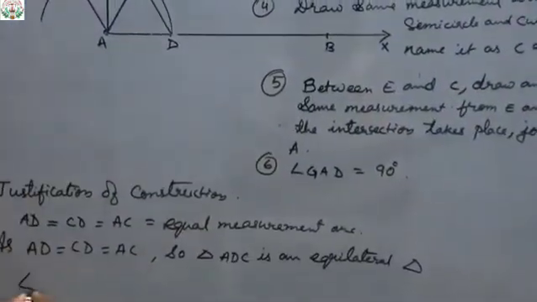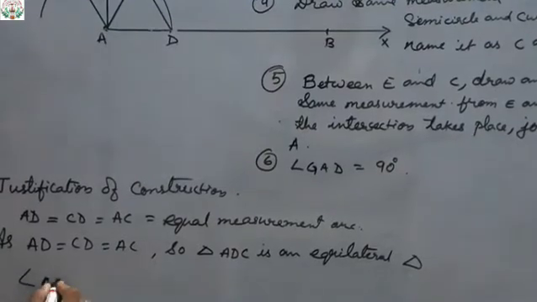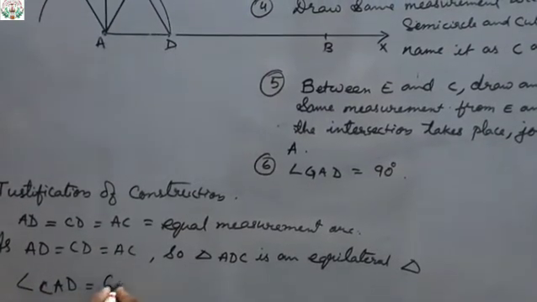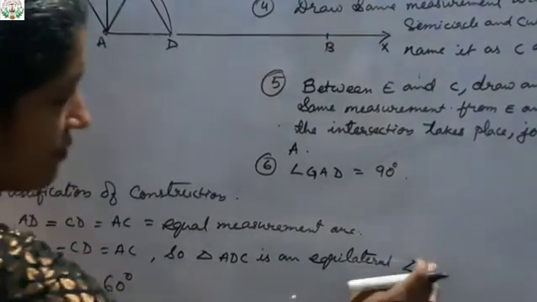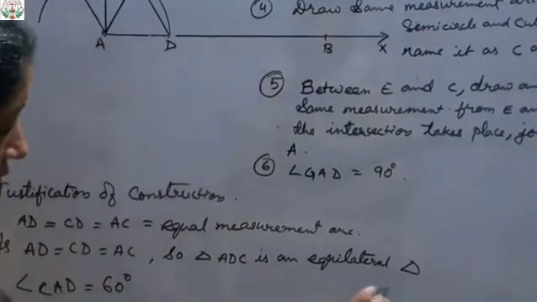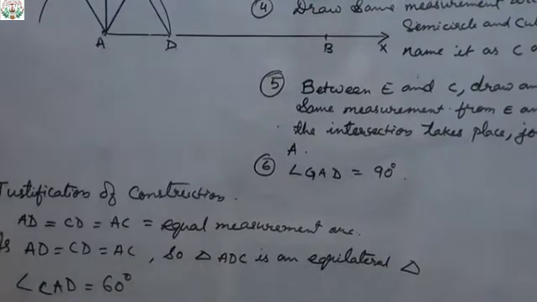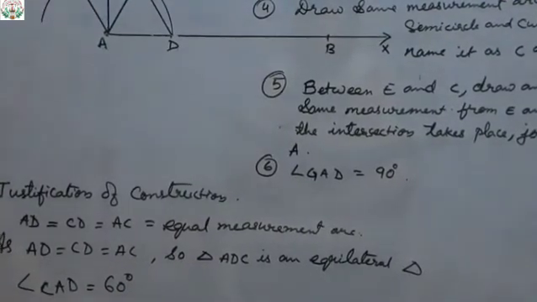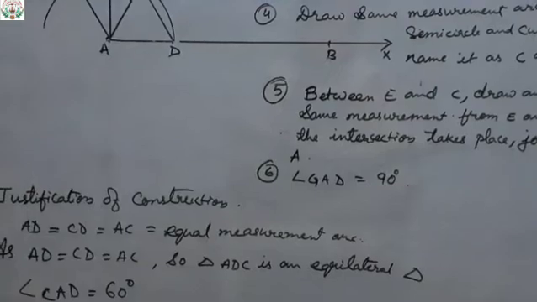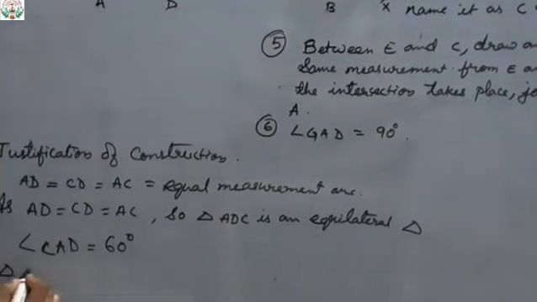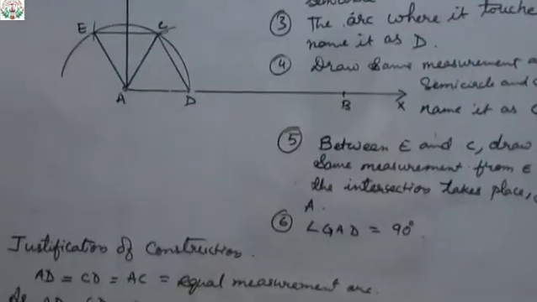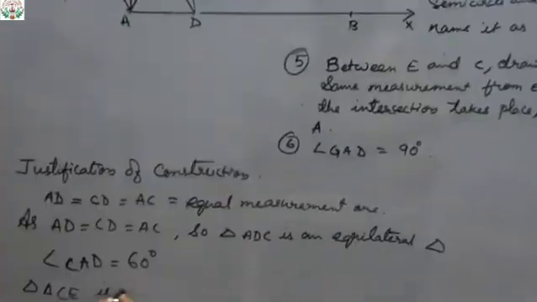That means angle CAD will be how much? 60 degree. Right? In the same way, this will be 60 degree. Okay. So now as this is equilateral, same way triangle ACE is also